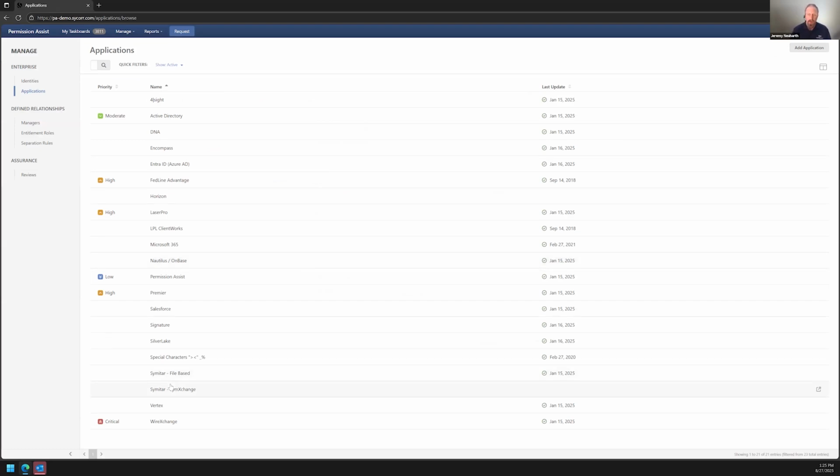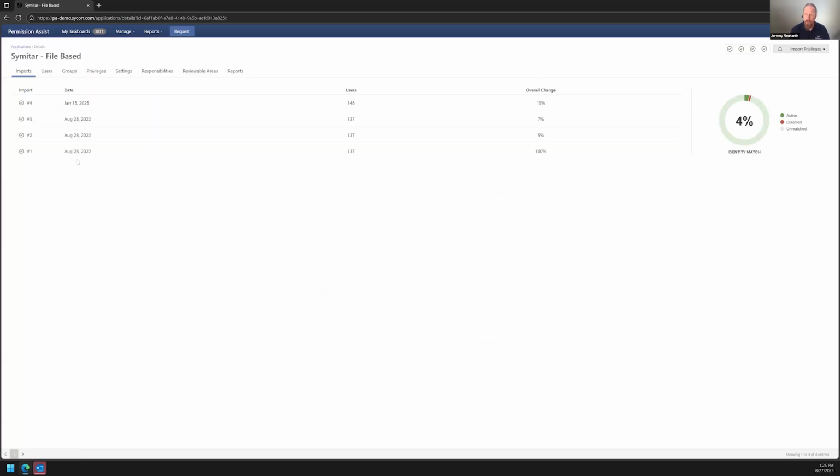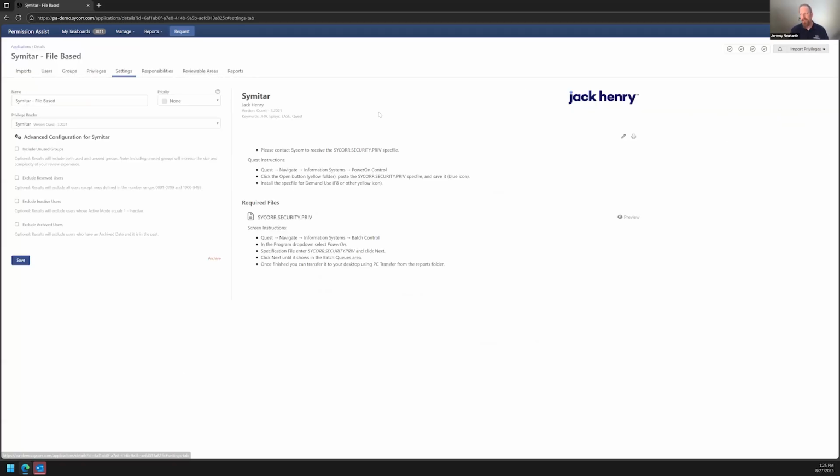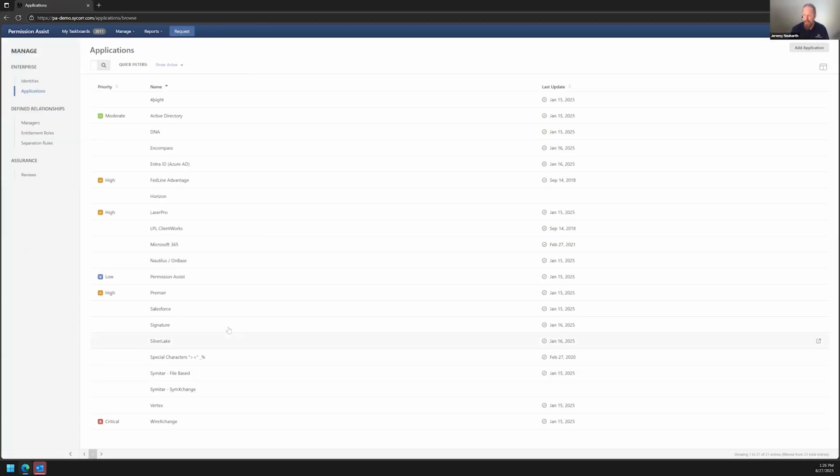So we do have various different options sometimes. For example, with Symitar, we can be file-based if you want to do something like that. And you can see right here, we'll give you all the information on how to pull this information, where you can bring it in. And if you want to do something where you're not connected to SymExchange, you can do that type of option. But obviously, a lot of our Symitar clients love to do things like connect it into